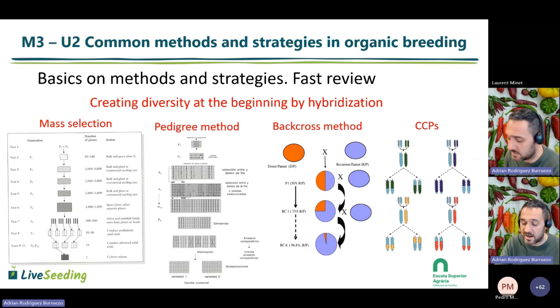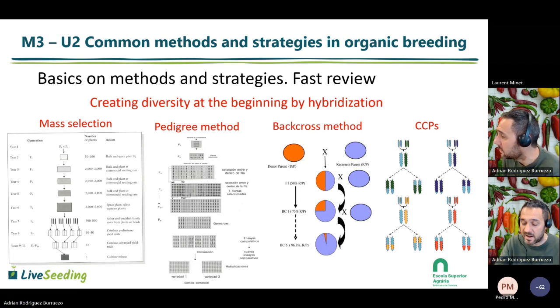Then, in the third point, we have the backcross method. The backcross method also involves hybridization, but the objective is, as I explained previously in Unit 1, the hybrid is not the objective. The objective is to introgress a specific part of one parent, call it the donor parent, in the variety I want to improve, because I want a new version, let's say, a new version of my landrace or my elite variety,